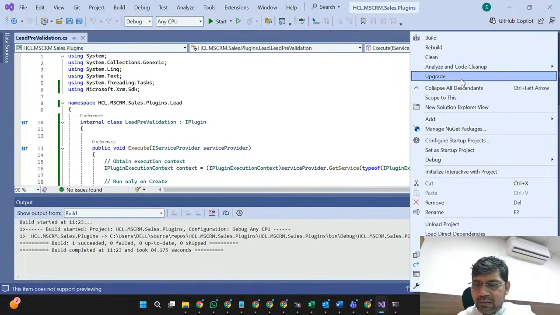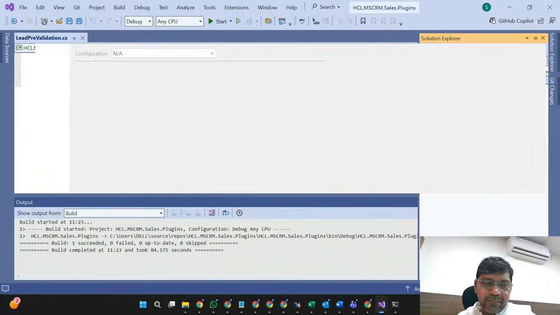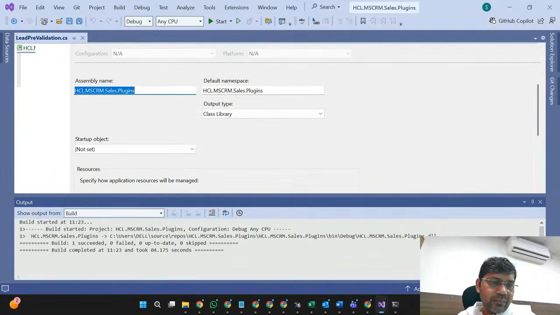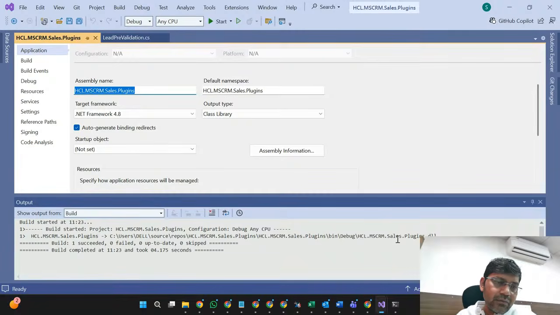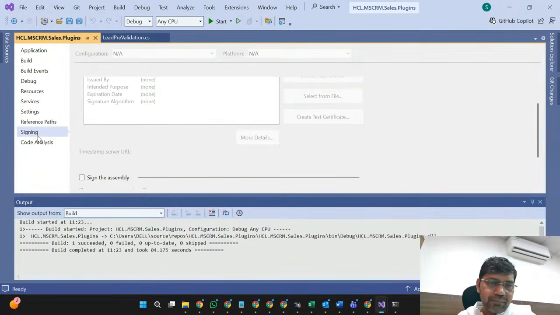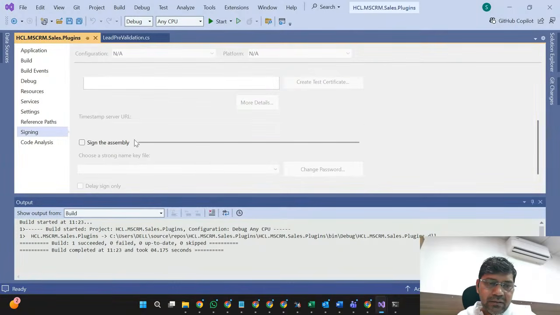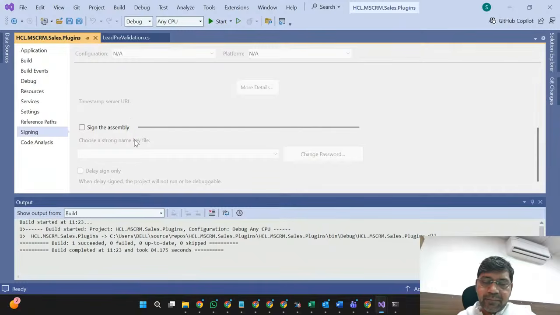So here you have to right-click and open Properties, and you can see some of the basic options. Here there is a signing option. Why is signing required here?